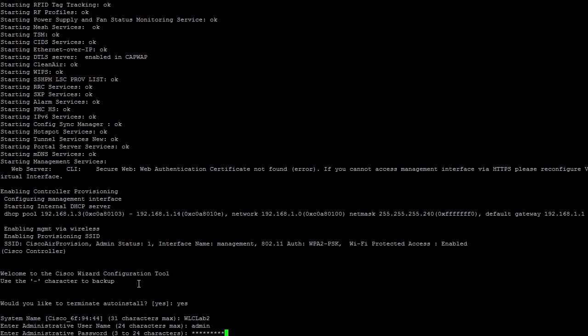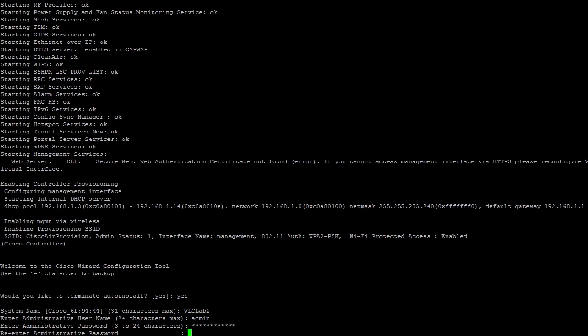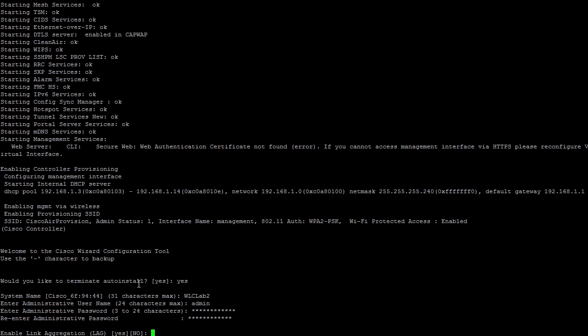I'm going to just use that. I'm going to use my password. It's going to ask me to re-enter it just to make sure I got it right the first time. All right. Now it's going to start with the different configurations. We're going through the actual wizard, the actual configuration of a wireless LAN controller being turned on for the first